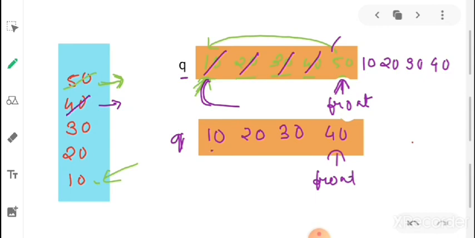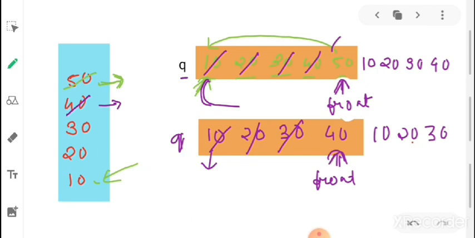Again we'll dequeue 10 and insert it again, dequeue 20 and insert it again, dequeue 30 and insert it again into the queue. Now 40 is pointing to the front of the queue. Now if we call the dequeue function, 40 will be the one dequeued from the queue. So this is how we implement a stack using a single queue, by applying similar logic.